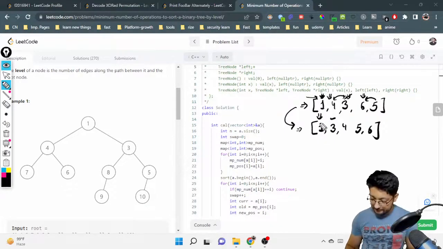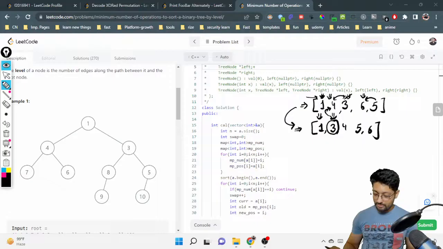I understand that if 1 is here, the next number should be 3, and in the original position I have 4. So it means that I have to somehow replace and bring 3 here, which is at this position, and I have to put 4 at this position in the 3 array. So I have to take this array into consideration and do changes in the original array, that is this, in